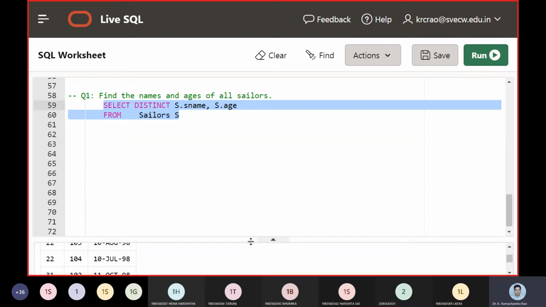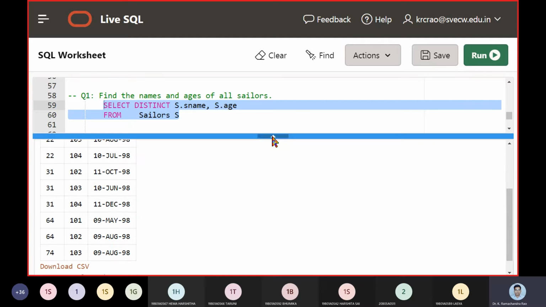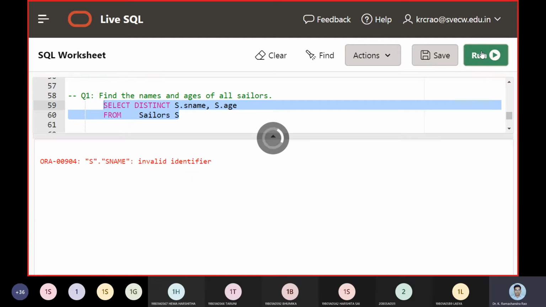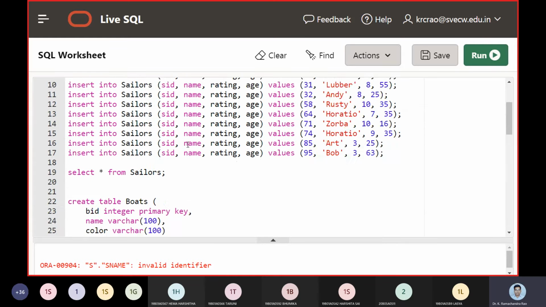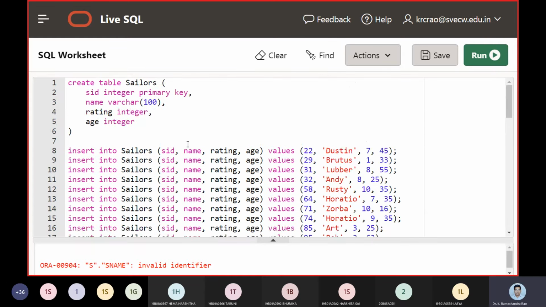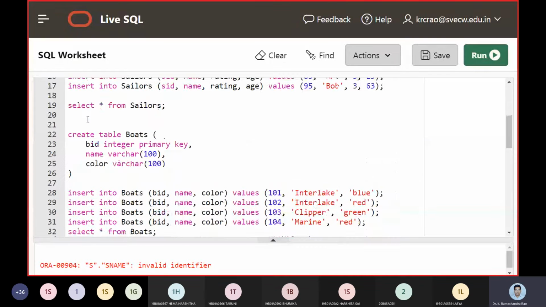At this point, when we hit the run button, s.name was invalid, it seems. Why was it invalid? Because we have given it is just name.